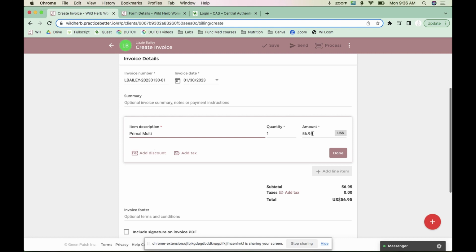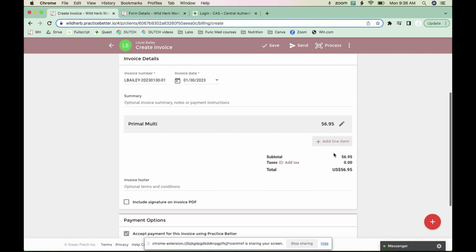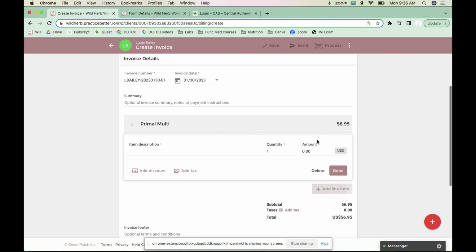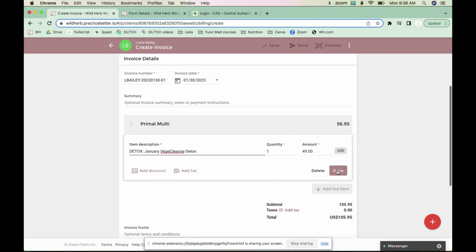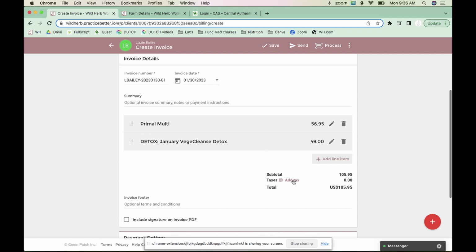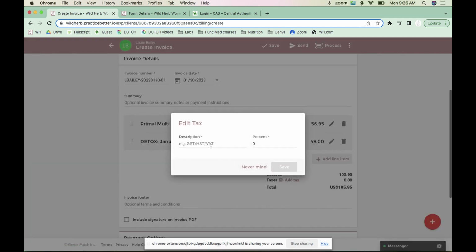So when I click it, it brings up the price. I could add multiple things here. I could add a program. I could add, let's say she wanted to enroll in this program. We can do that. And then I can add my tax, which is a little bit of a manual process